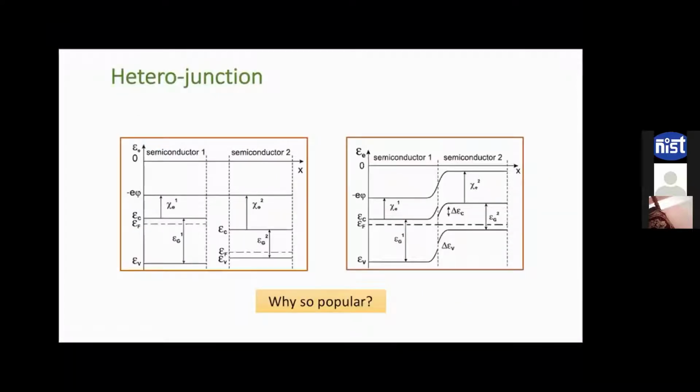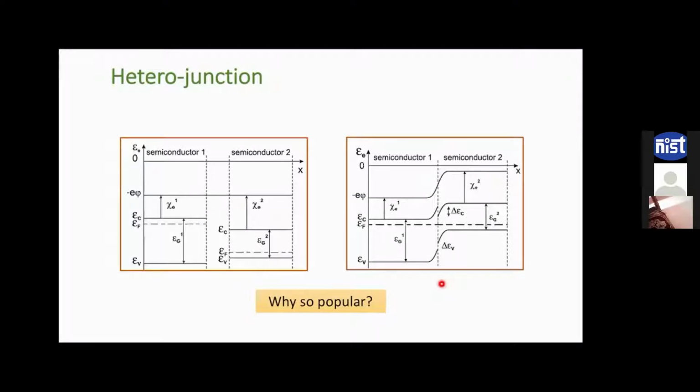Now let us go again to the basics. So what is a heterojunction? A heterojunction is a junction between two dissimilar semiconductors having unequal band gaps. In this image on the left hand side, we have semiconductor 1 with band gap Eg1, and semiconductor 2 with band gap Eg2, prior to making the contact. Obviously, Eg1 is greater than Eg2. Now, if we make a metallurgical contact between these two semiconductors, we end up with a heterojunction at the interface.